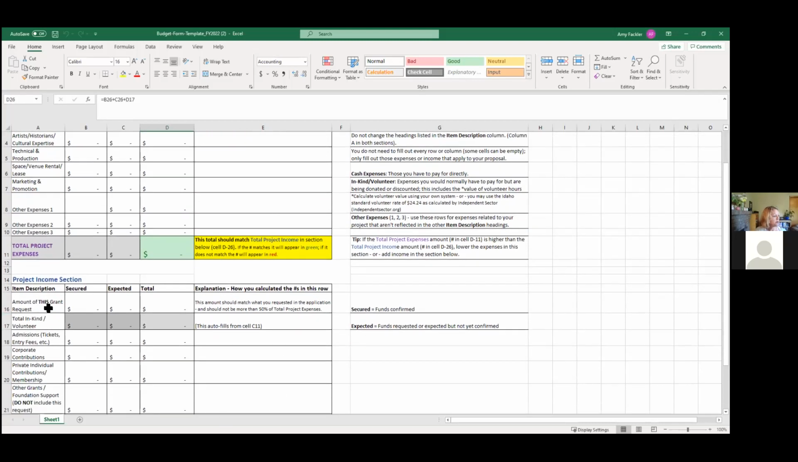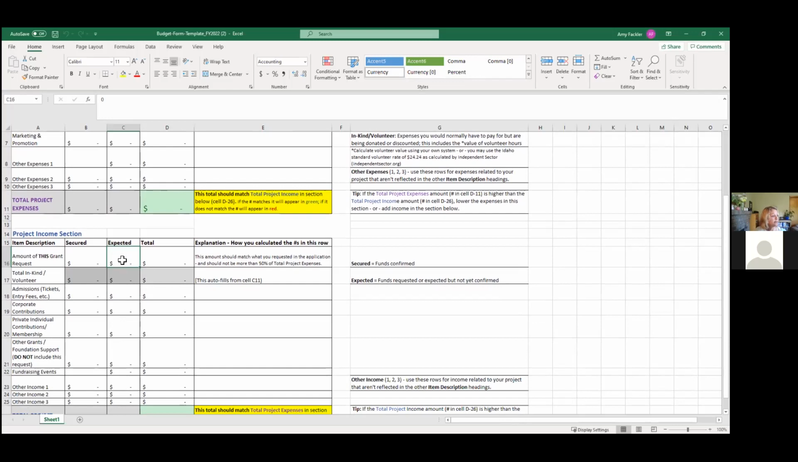One thing also to note, the amount of this request, I put it in expected, not secured, because secured are funds that are actually confirmed, and expected are funds that are expected but not yet confirmed. So put your amount in this cell here, and make sure that it matches what you requested in the application. And what you're requesting, say you request $3,000, it can't be